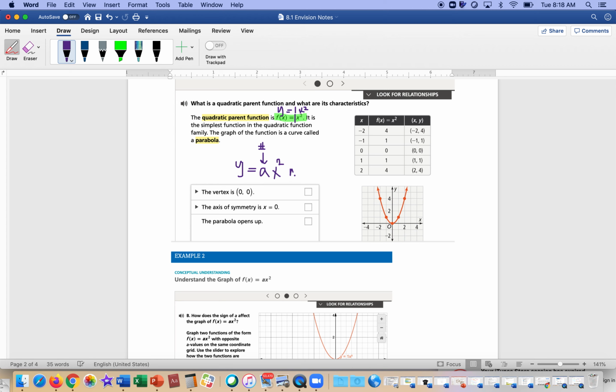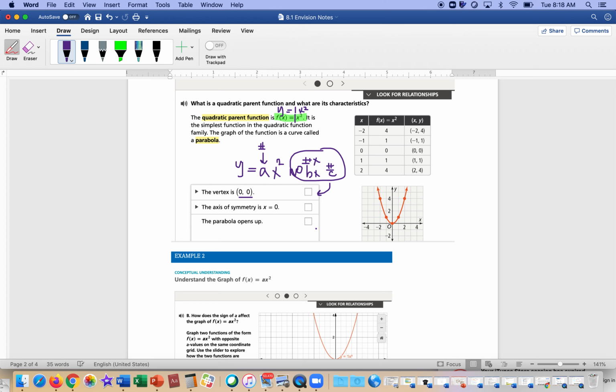And if there's no bx, so just something x, and c is a number by itself, right? So if we don't see a number x and the c, then we know our vertex is going to be 0,